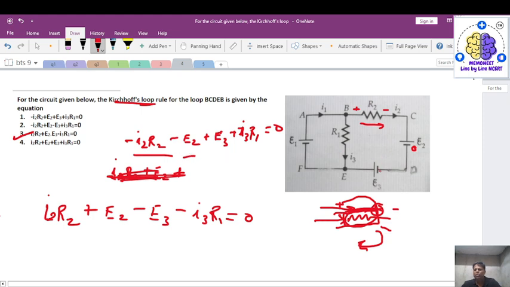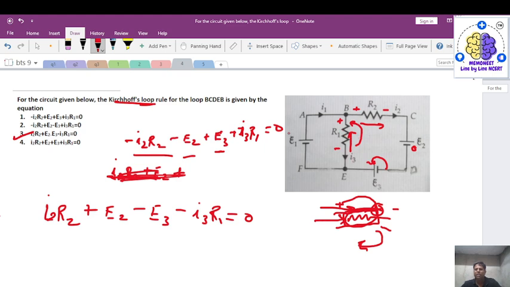Then what are we crossing? We are crossing the next battery, that is E3, and while crossing it, we are landing on the positive plate, right? So I write it as plus E3. Then when we cross R1, we find that the direction of current I3 is in this direction. So if I3 is entering from here, we write it as plus and we'll write this as minus. So we are moving in this direction, landing on the positive terminal of R1. So I will write it as plus I3 into R1, and because the loop ends over here, this will be equals to